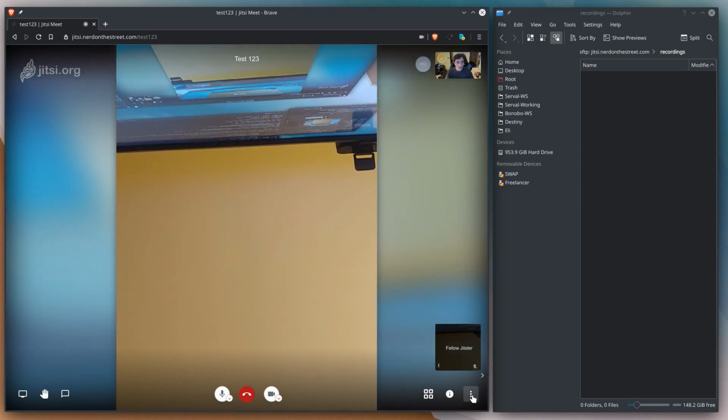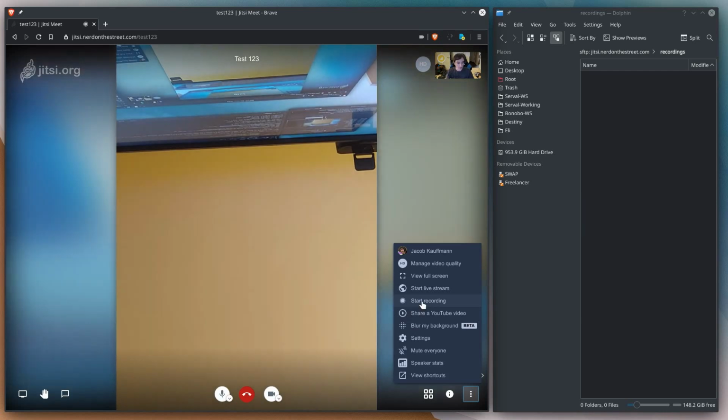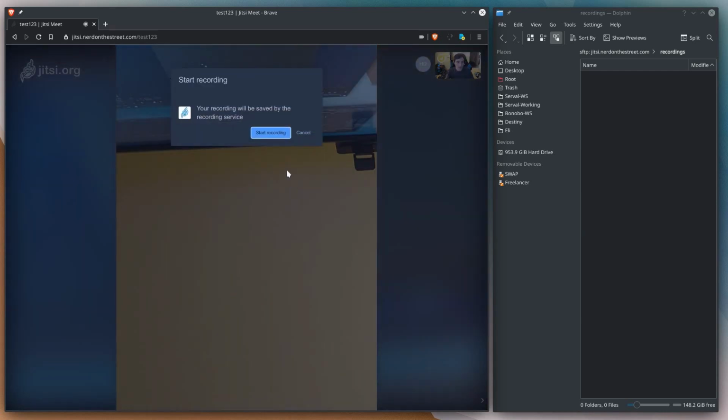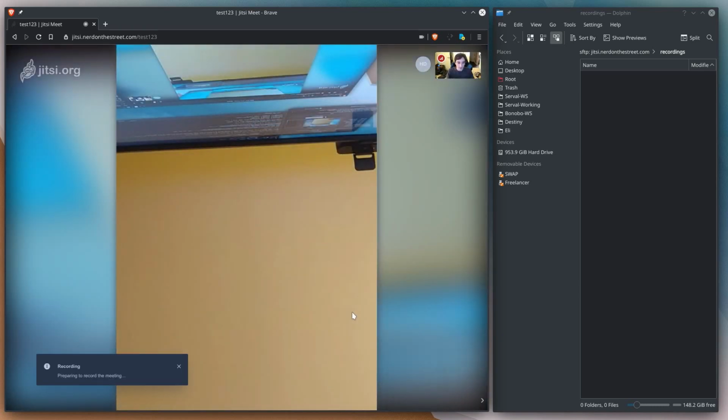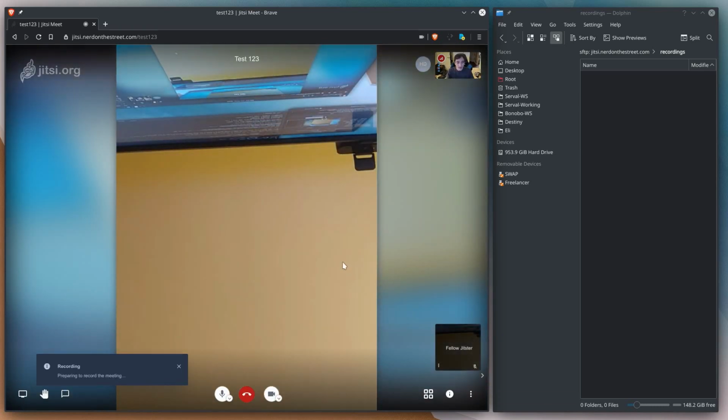And I'm going to start recording. So I'm going to click start recording here. Now, if this doesn't work, a couple things you want to take a look at are running free -h to see how much free RAM you have, and top to see what's using CPU on your system. But we're going to start recording, and with any luck,